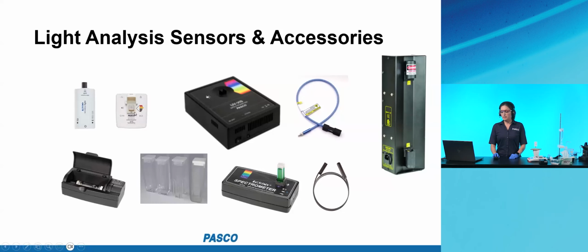If you're analyzing light going through solutions, you can either choose the colorimeter, if you are looking at the 6 specific wavelengths that the colorimeter will allow you to work with, or if you're looking for more wavelength options for colored solutions, you could choose the wireless spectrometer. Or if you're looking for analysis of colorless solutions, you're probably interested in using the UV-vis spectrometer. And the spectrometers also come with light analysis tools with the fiber optic cables